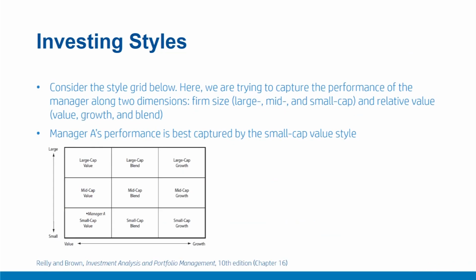Let us examine this idea through a simple example based on the style grid as shown here. Consider that we are trying to examine various investment managers and their performances across two styles. One is size, which has three dimensions: large, mid cap, and small cap, and the relative value dimension, which has value, growth, and blend. So it's a sort of 3x3 portfolio, and the style grid would look something like this: 3x3